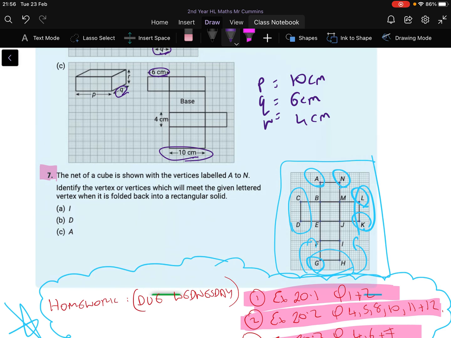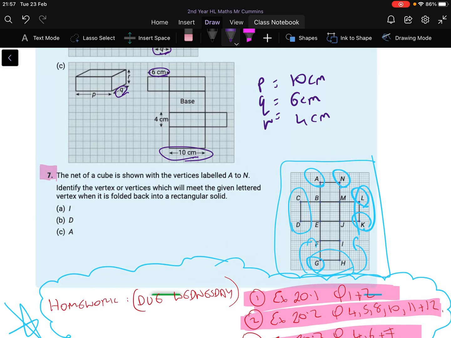So what they're asking in the last one is: the net of a cube is shown, A to N. Identify the vertex or vertices which will meet the given lettered vertex when it's folded back into a rectangular solid. So when you fold this up, what meets what? Obviously, the L and K and the C and D are going to fold up, and the rest is going to roll up into a ball down the center. So looking at that there,